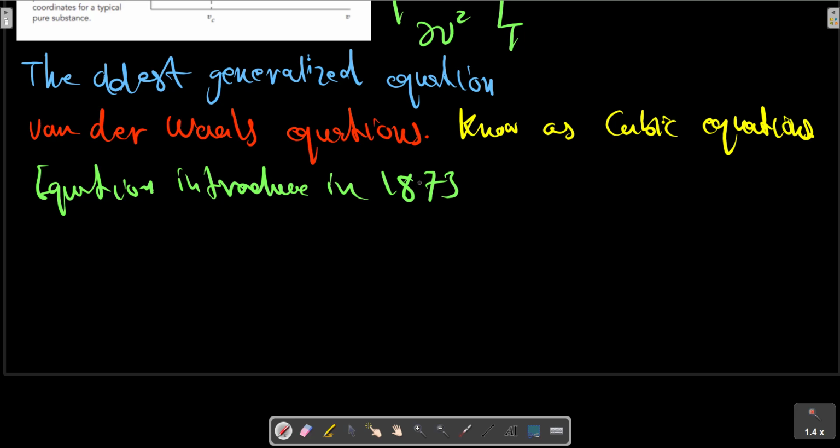The van der Waals equation of state has two constants and is written as P